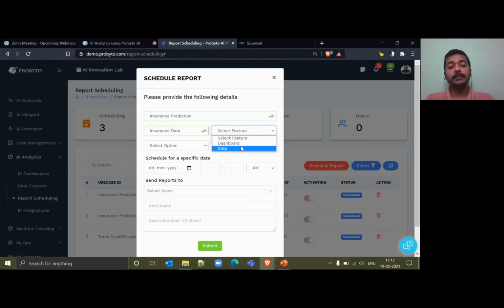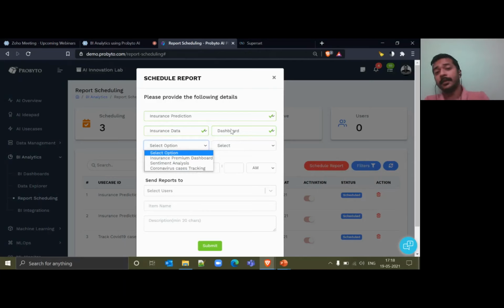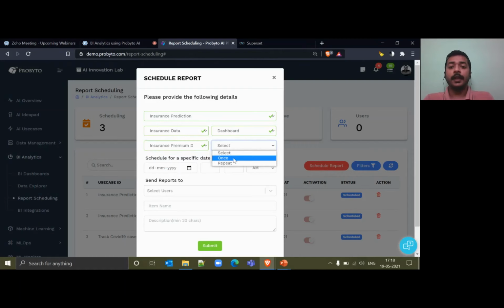So data reports are nothing but the queries that I showed you in Data Explorer. So you build some queries, you save the queries, and those queries can now be used here. Let's suppose for this example, you are going to schedule a dashboard for insurance premium, and you want to schedule it once. So you can select any date, time as well,